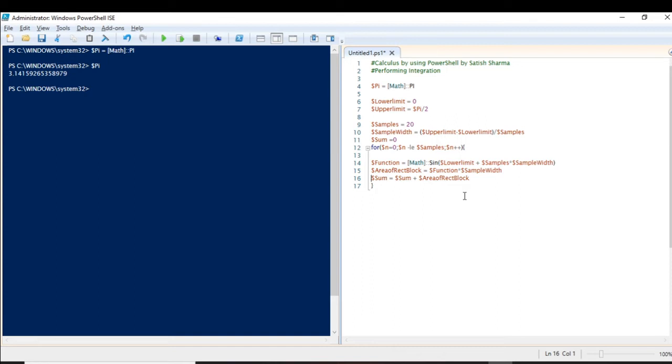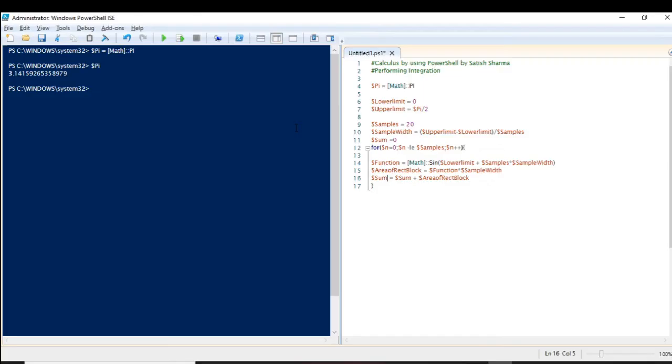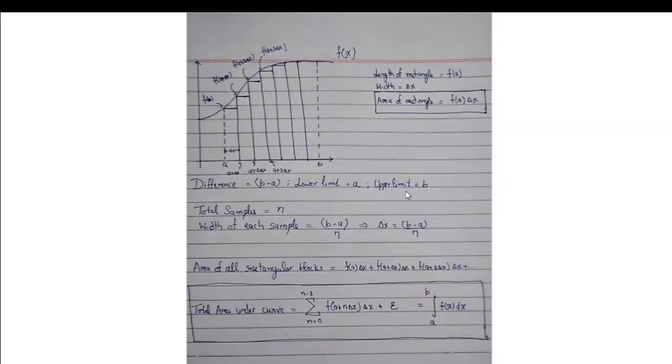So now when the loop ends, this sum will be equal to the sum of all these rectangular blocks, which will give us the area under this curve, which is the integration, between the limits a and b.